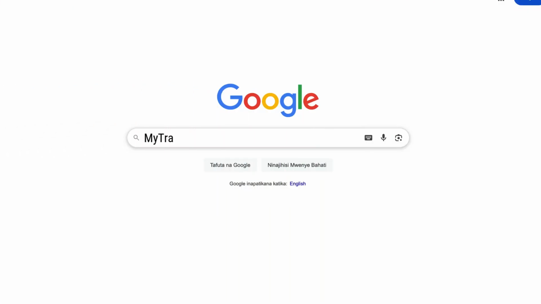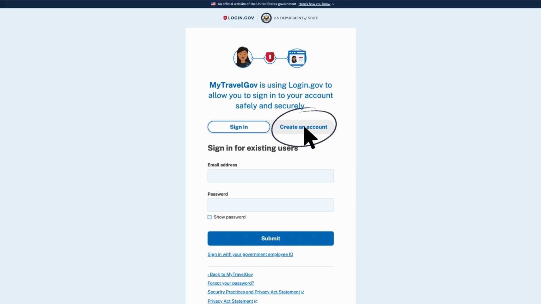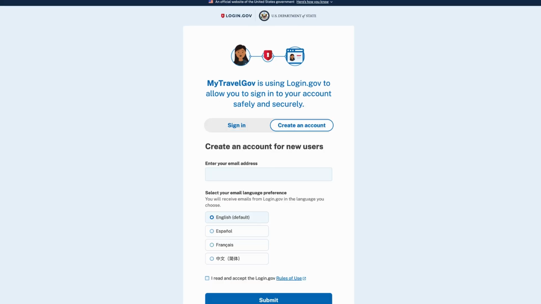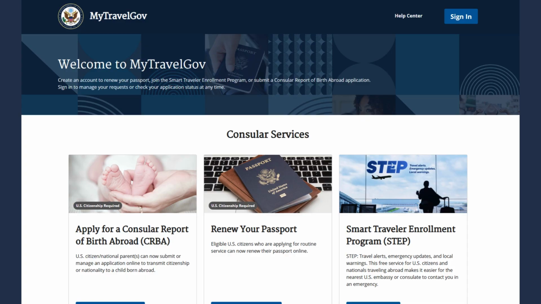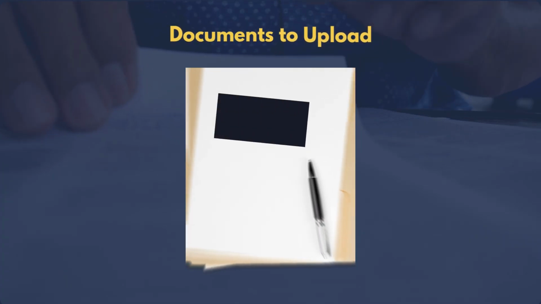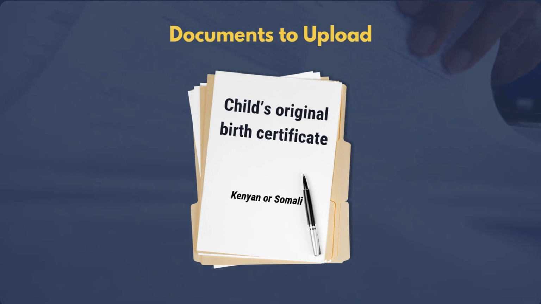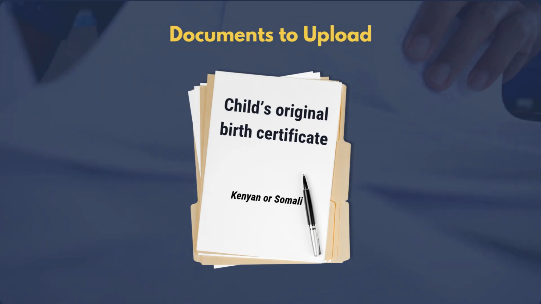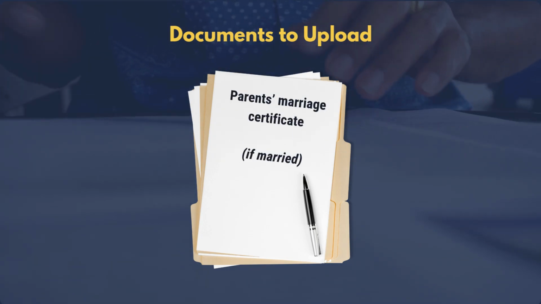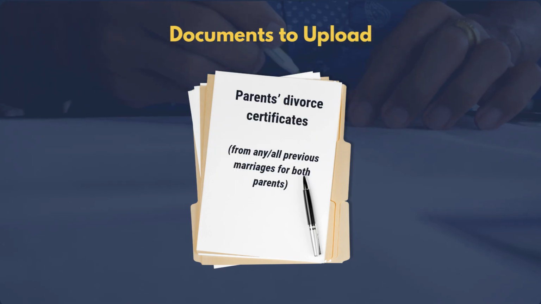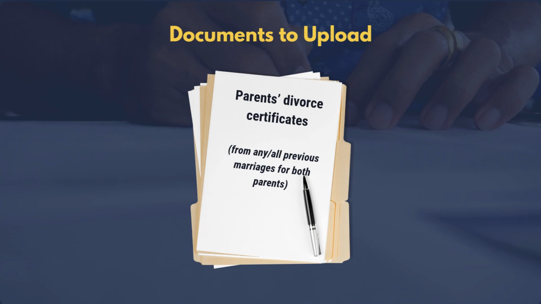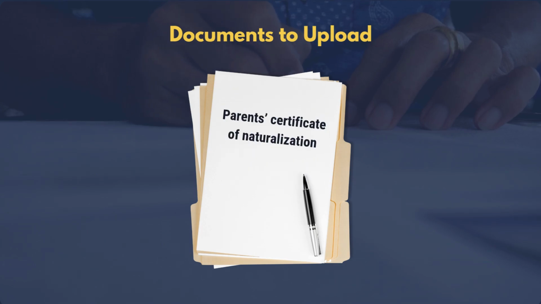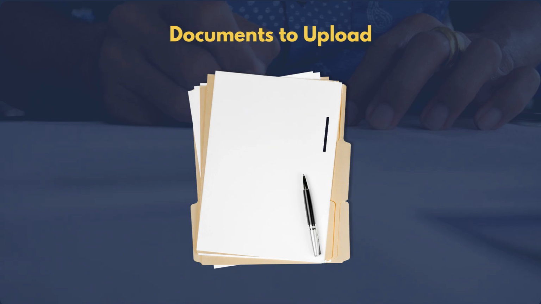Visit mytravel.state.gov to create a MyTravelGov account and fill out an eCRBA application. To complete the application, you will need to upload the following documents: your child's original government-issued Kenyan or Somali birth certificate, the parent's original government-issued marriage certificate, if married, the parent's divorce certificates from any or all previous marriages for both parents, the parent's certificate of naturalization if the parent was not born in the United States,